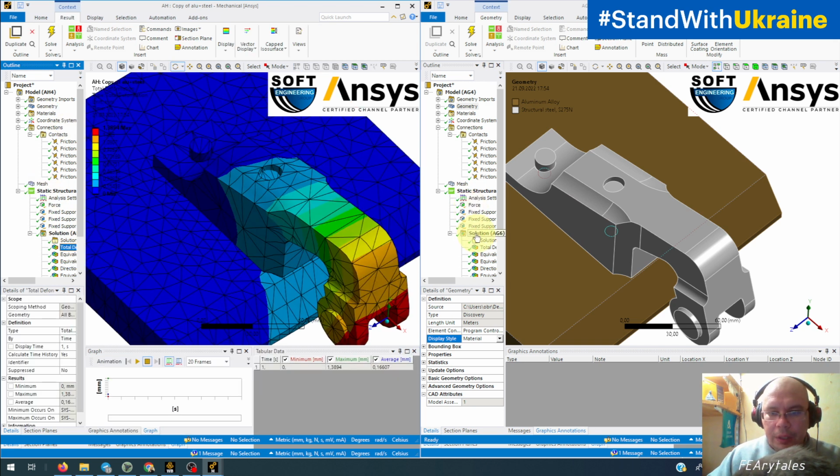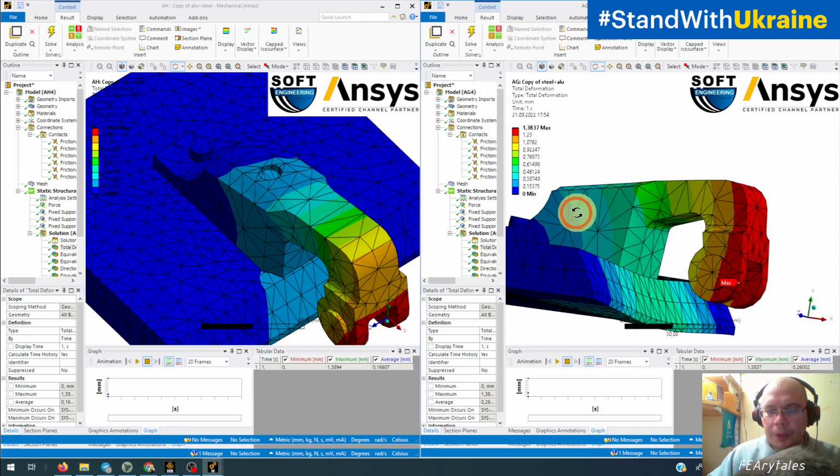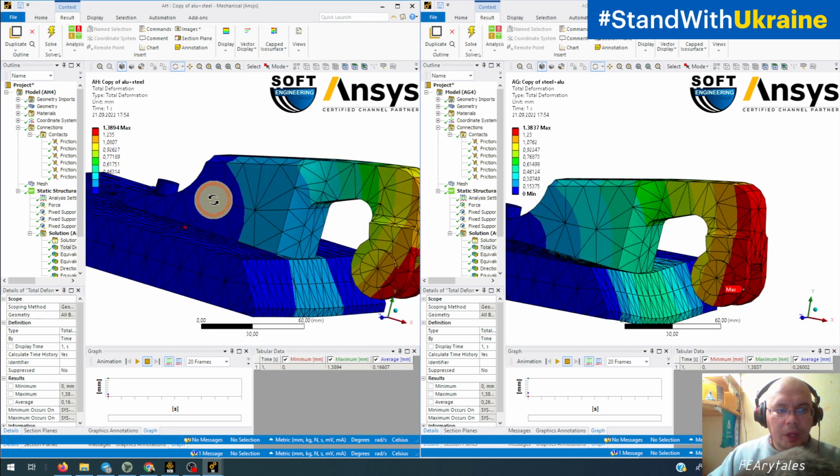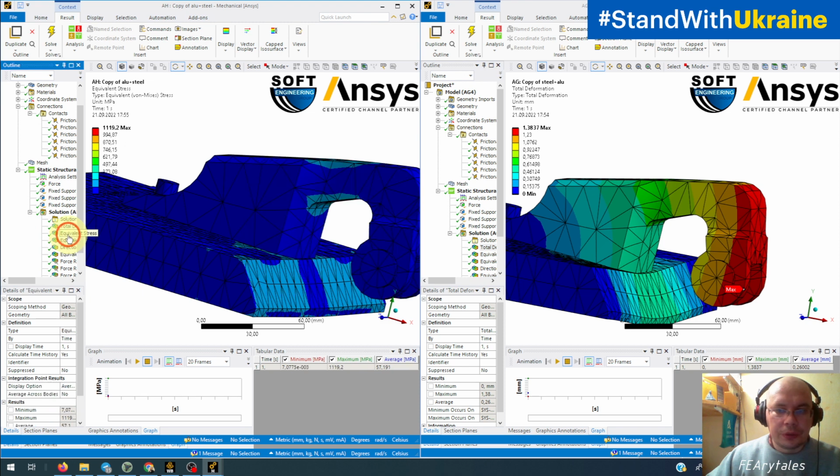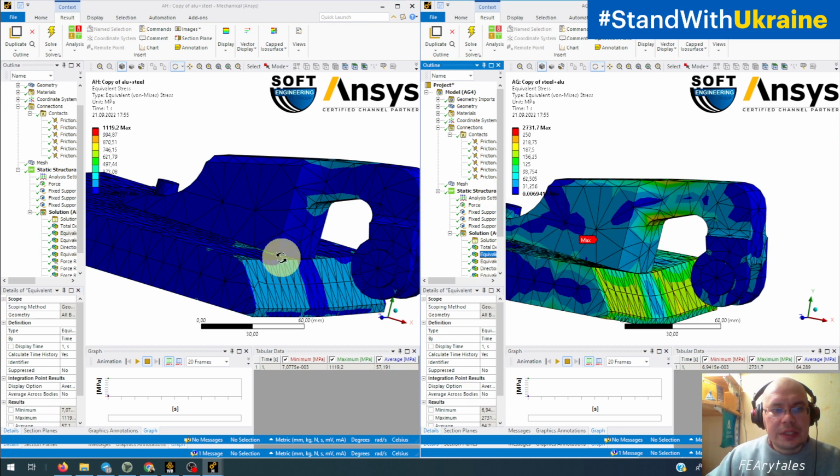And if we take a look at our deformation, we will see a bigger deformation, about 20% difference compared with linear contacts, but the same type of distribution for both constructions. If we take a look at stresses, we see